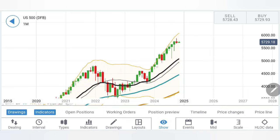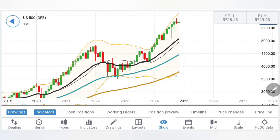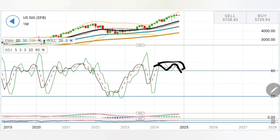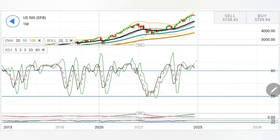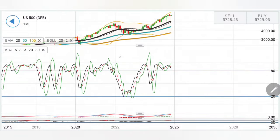So yes, a possible move towards this zone again cannot be denied. When you see the monthly stochastic, this is overbought. It has formed a twin top. It is now looking downwards. What has happened here? So every time on the monthly stochastic, S&P hits an overbought zone, the chances of a drop